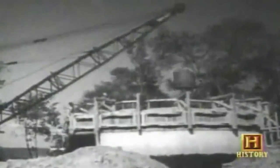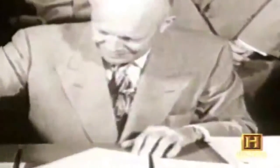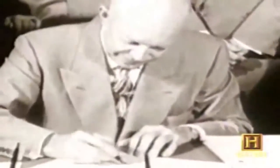Since the early 1950s, a consortium of 5 power companies had been negotiating to build a new power station near Niagara University to replace the outdated Schoellkopf plant. The Schoellkopf disaster was the impetus for the U.S. government to get involved. On August 21, 1957, President Dwight Eisenhower signed the Niagara Redevelopment Act, which allowed the New